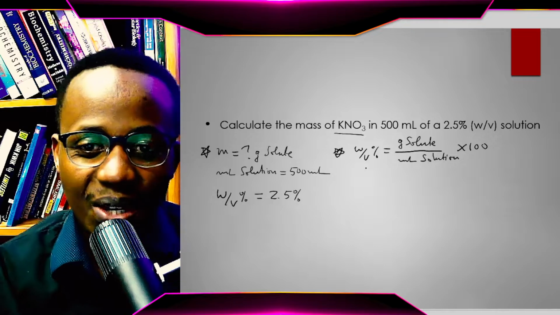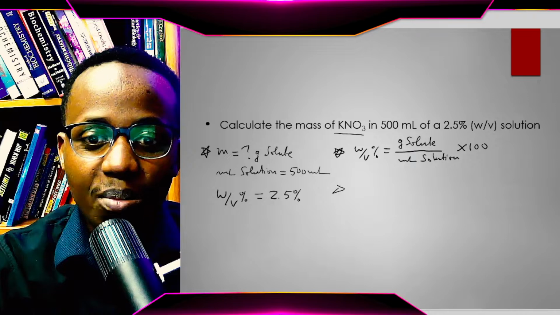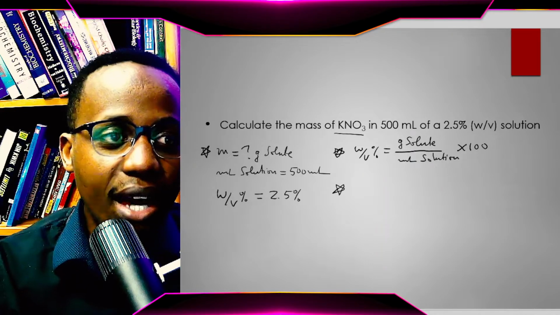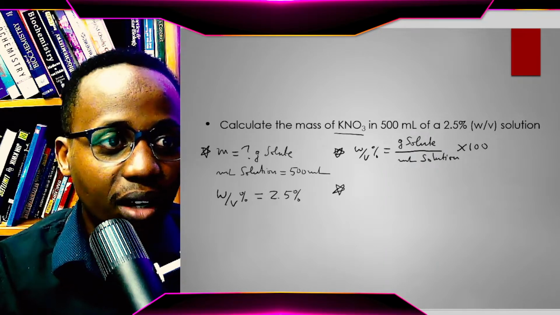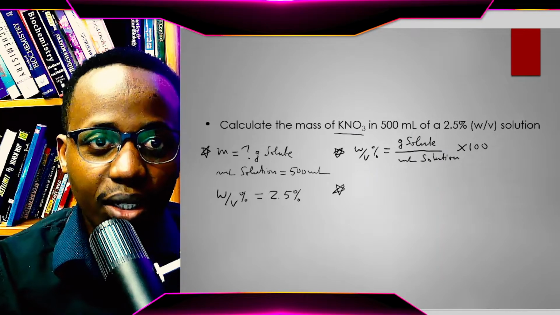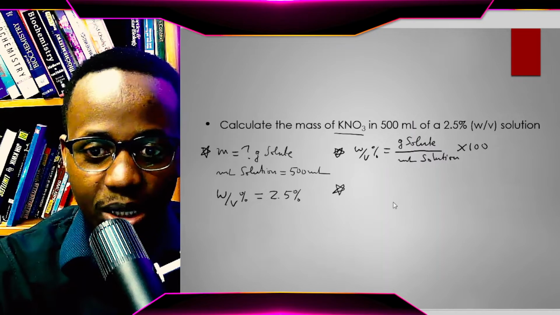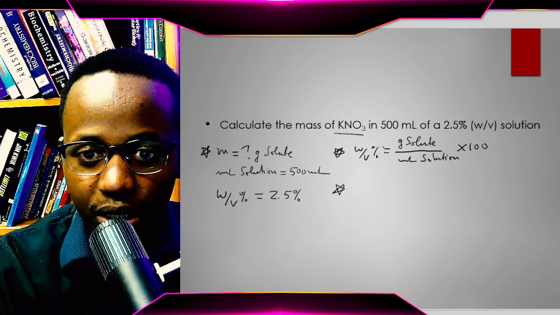All right, now here comes the tricky part. Step 3 is you gotta move your formula around to solve for what they're asking. And some people find this pretty tough. But really, all you gotta do is remember that we do the cross multiplication, right? You do your normal cross multiplication